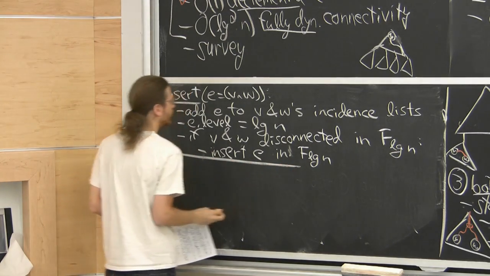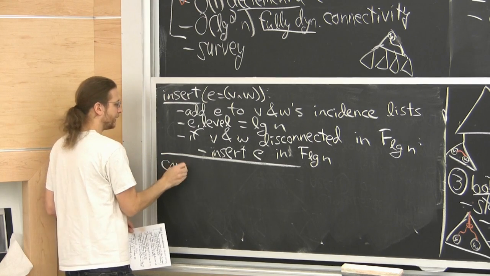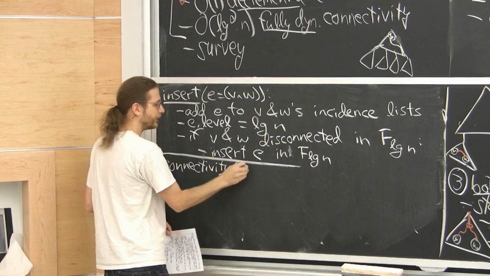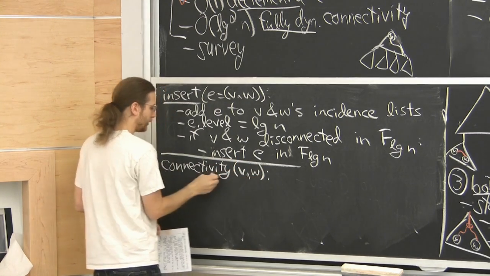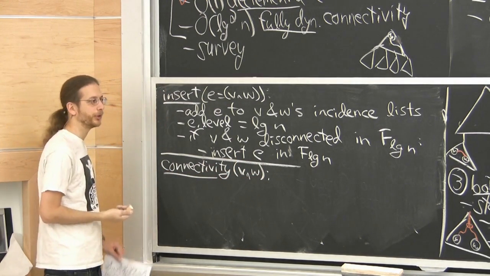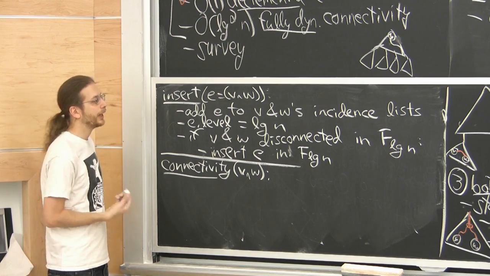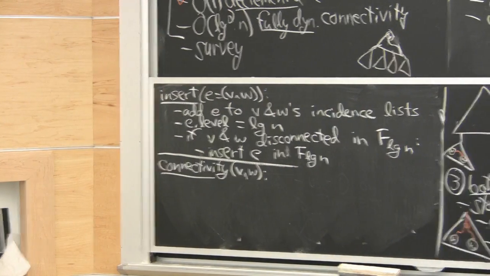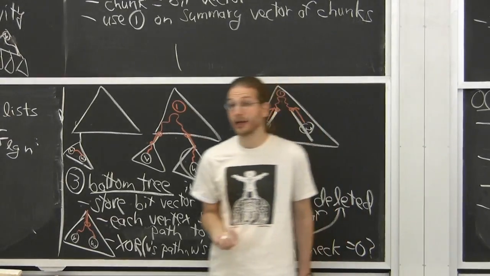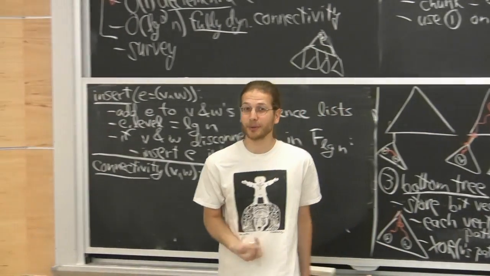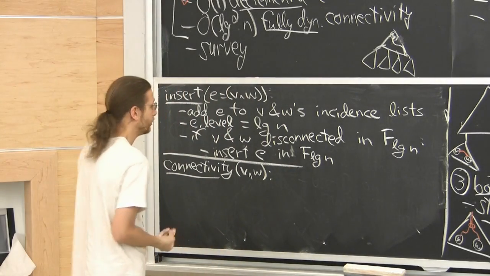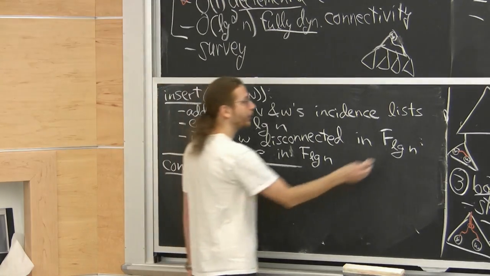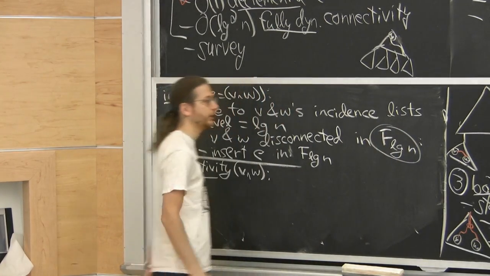Great. I want to say a little bit about connectivity. Now, we know how to solve connectivity already. We do find root on V and W. And in log n time, we determine whether they're in the same component. But I claimed, it's maybe erased by now, but I claimed not a log n query. I claimed a log over log log query. Turns out that's really easy to do. You just change the top level minimum spanning forest slightly.